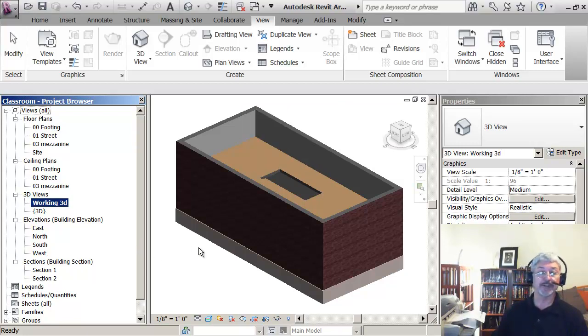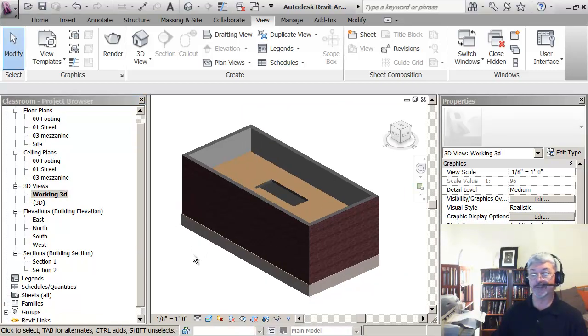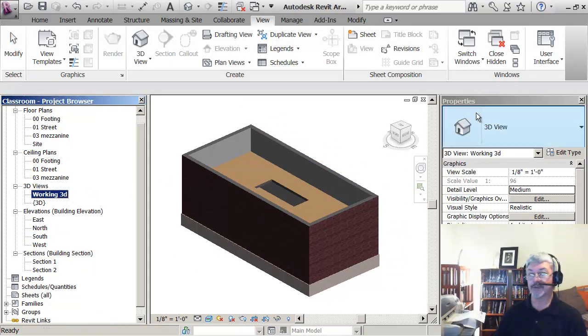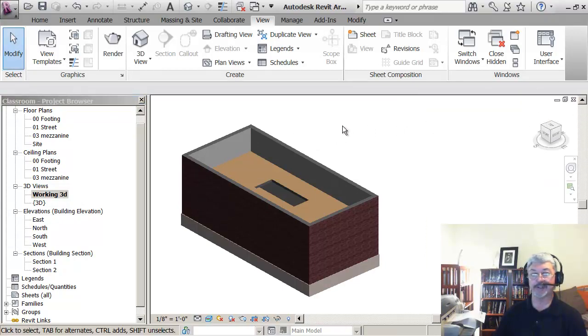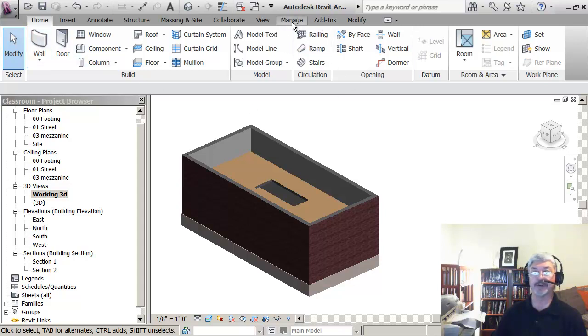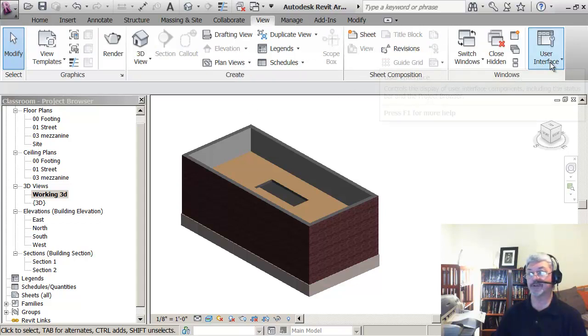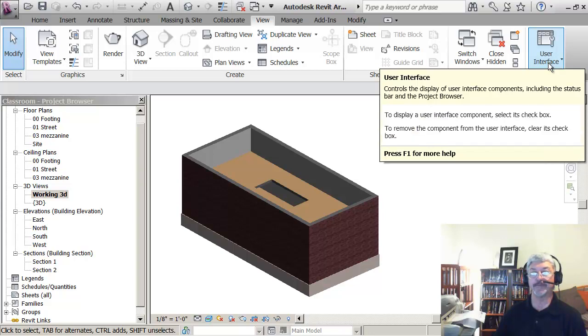Because I can do something in this view, which is that in the Working 3D view, which is what I've got here, I can look at the properties of that view, and if you don't see them, remember, you just click in the view, and then on the view tab here,